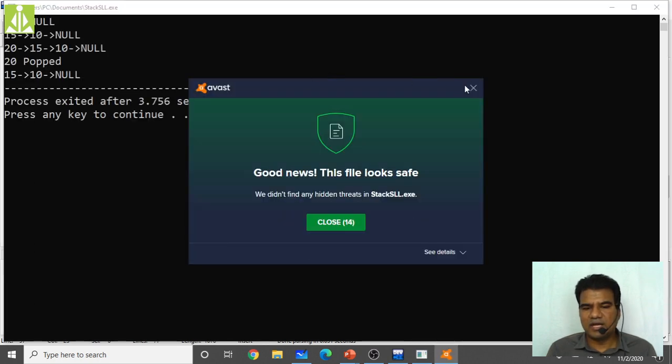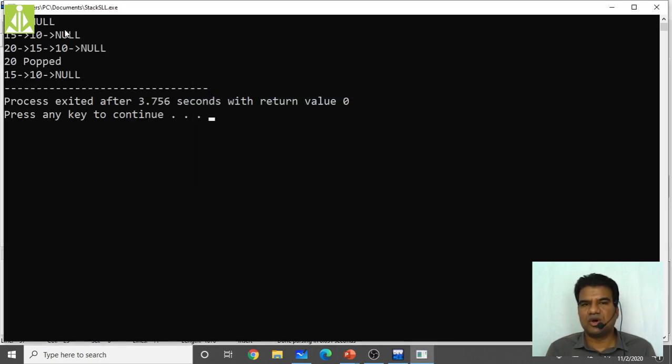See, whatever editing I'm doing, based on the output only we have to do. How we are getting the output and how we have to modify it based on the output only I'm doing. So it is nowhere related to your coding part. It is something like representation skills, how we are representing the output, giving that space, using this arrow mark. How we are representing the output, it also matters. That is the reason why I am adding some extra lines of code and extra characters into my C++ implementation.